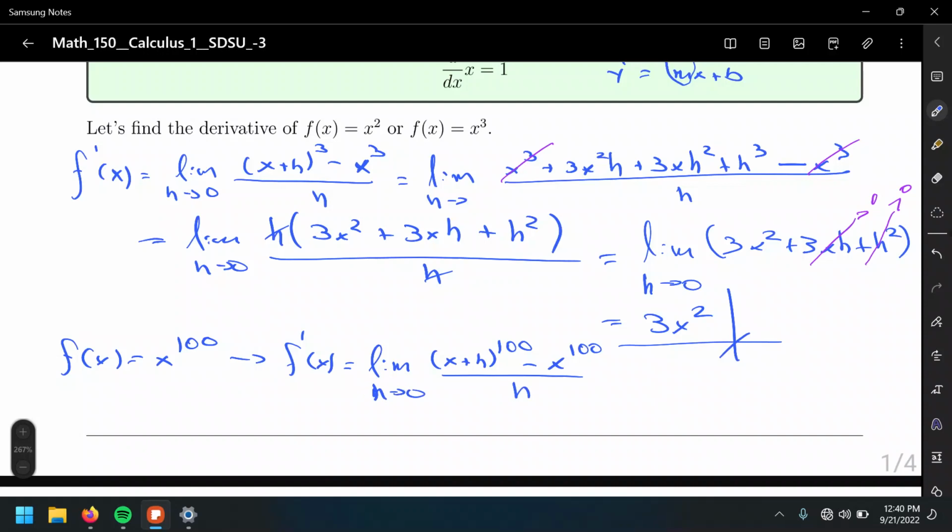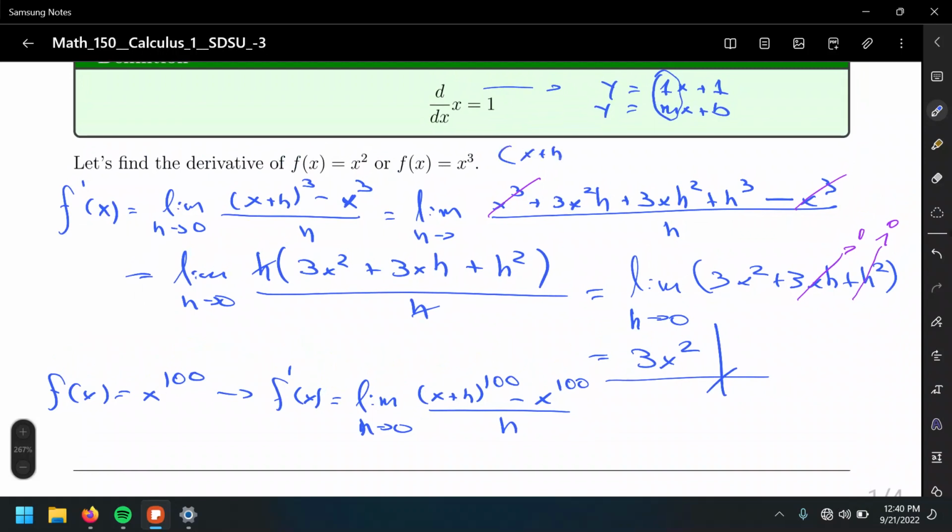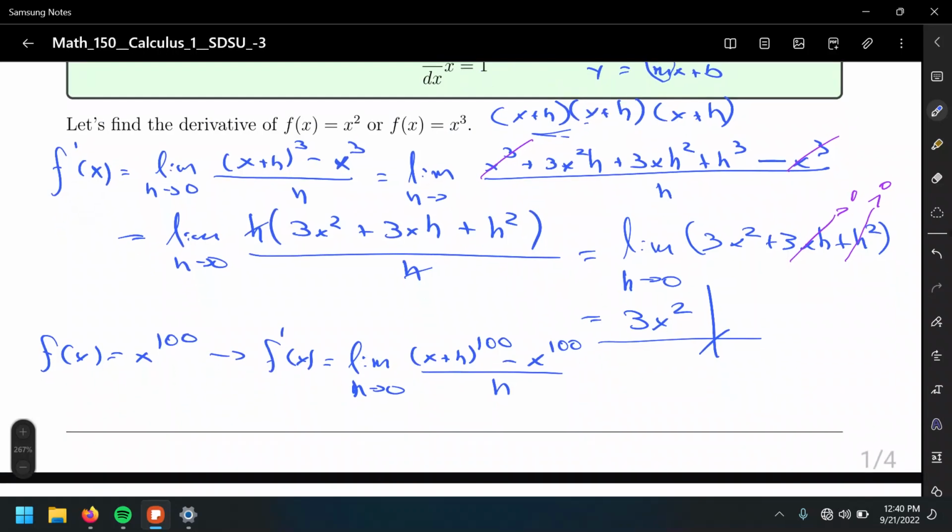In the previous exercise for the cubic, we used the binomial theorem for the binomial cube. Or you can FOIL it. An alternative is to do (x plus h) times (x plus h) times (x plus h). That's an alternative way to do this, and it's alright, just FOIL as many times. However, this guy right here,